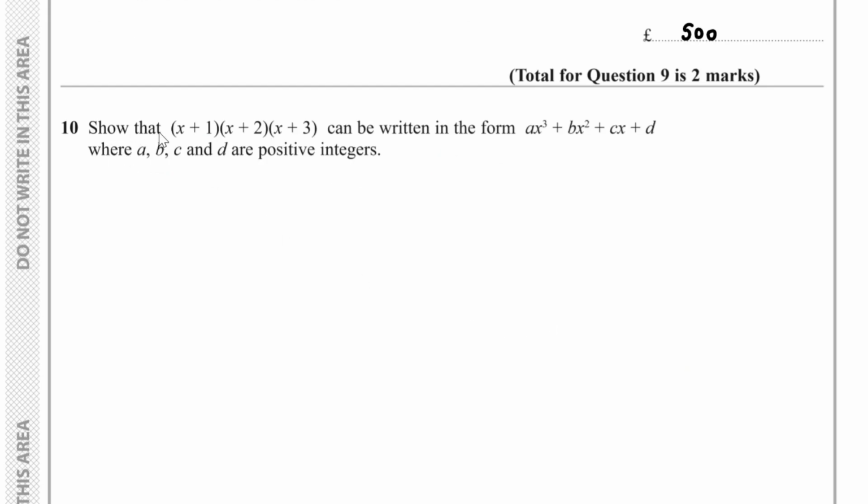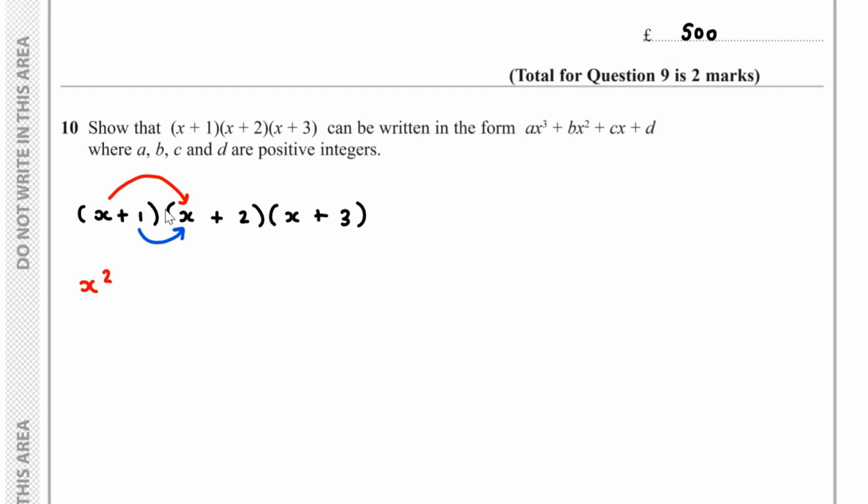Question number 10. We have to show that x plus 1, lots of x plus 2, lots of x plus 3 can be written in the form ax cubed plus bx squared plus cx plus d, where a, b, c and d are positive integers. Well, we'll begin with x plus 1, lots of x plus 2, lots of x plus 3, and we first of all multiply the x by the x. So here we get x squared, and then we've got 1x,